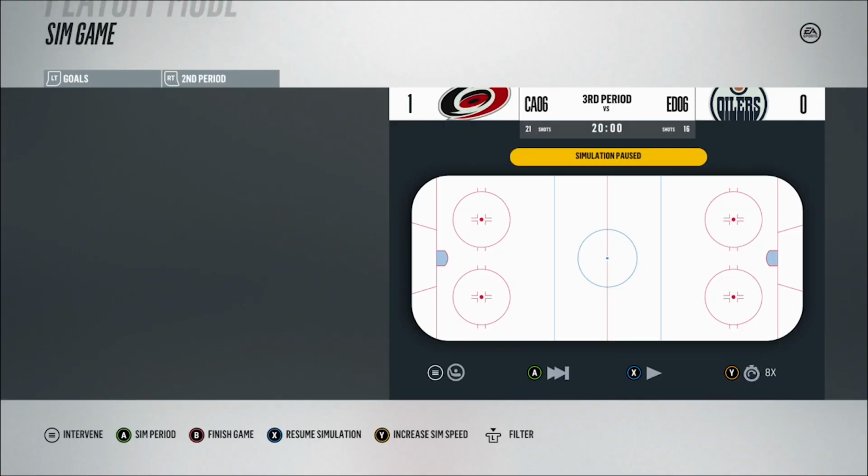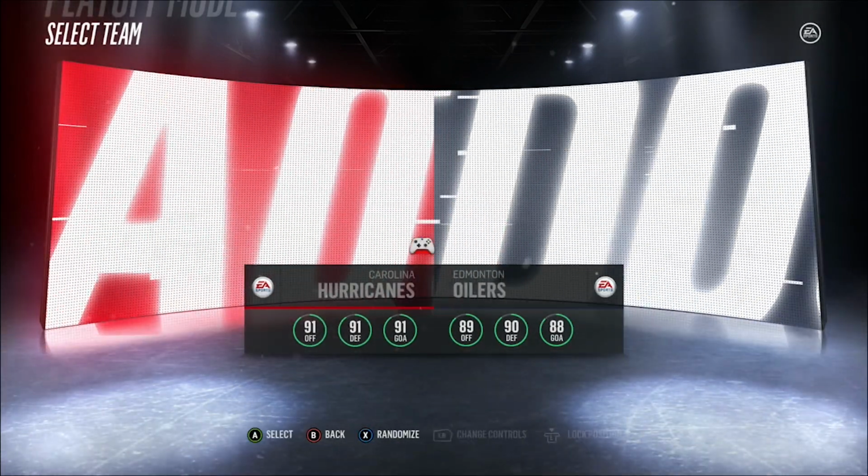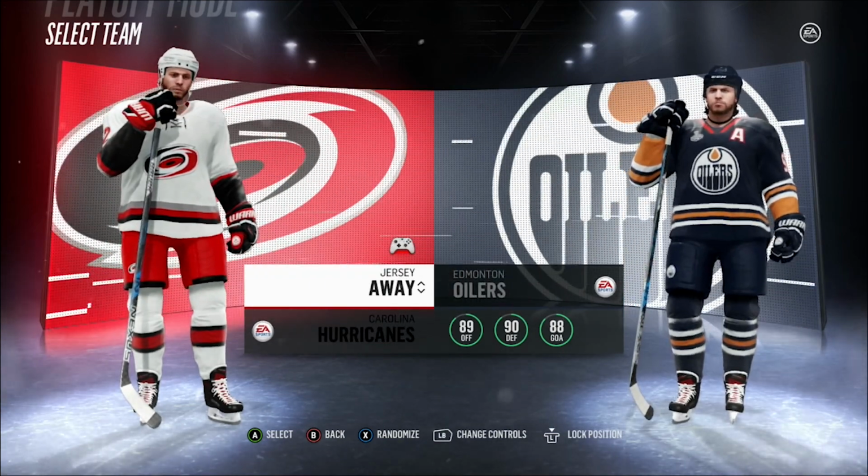So, we're going to have to go here into real-time simulation for the third period. Can the Oilers tie it up, or are the Hurricanes going to repeat as Stanley Cup champions? Jarret Stoll ties it up. It could be Edmonton's chance to take the lead now with a power play, but they don't do it. Is this game going to go to overtime? I'm going to get into slow sim, and Edmonton's got a power play here late. And they're going to score, and oh, what the heck? Matt Cullen scores in the last minute of play,